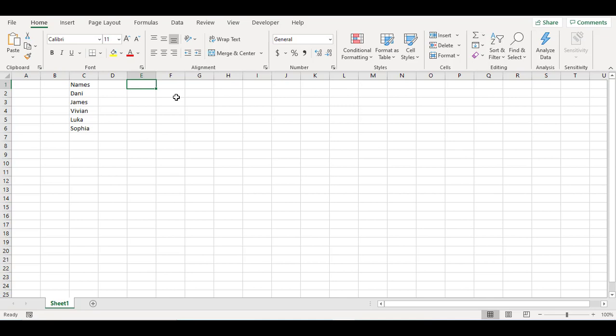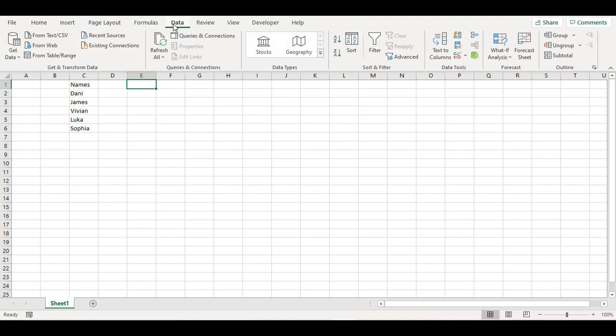So to start off with, I have a couple of names over here and I'm just going to click out over here, and to start creating a list we are first going to go into data, which is up here. Click on data, and if you have the updated version of Excel, usually you get a button called data validation over here, but mine isn't very much updated, so mine is underneath here,